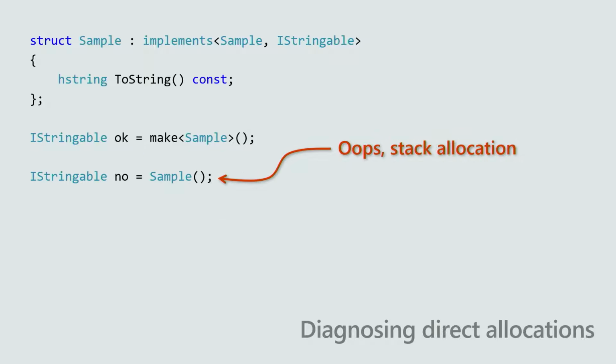But you could also just do this. You could take that implementation type and allocate it on the stack, and it would just work. It compiled and sometimes worked at runtime. But that's, as Scott mentioned, a really big problem. You're binding a reference counted object to the stack, which is quickly going to disappear.